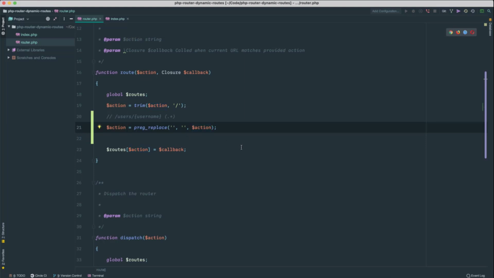Our regular expression is going to be anything that starts with a curly brace and then ends, but there are no curly brackets inside that string.